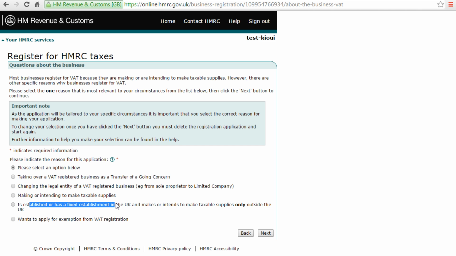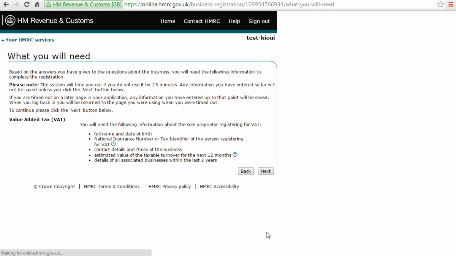Establishing a fixed establishment in the UK, or making our intent to make taxable supply only outside the UK, or wanting to apply for exemption. So in this case, we are going to go with making or intent to make taxable supplies. We're going to click next,